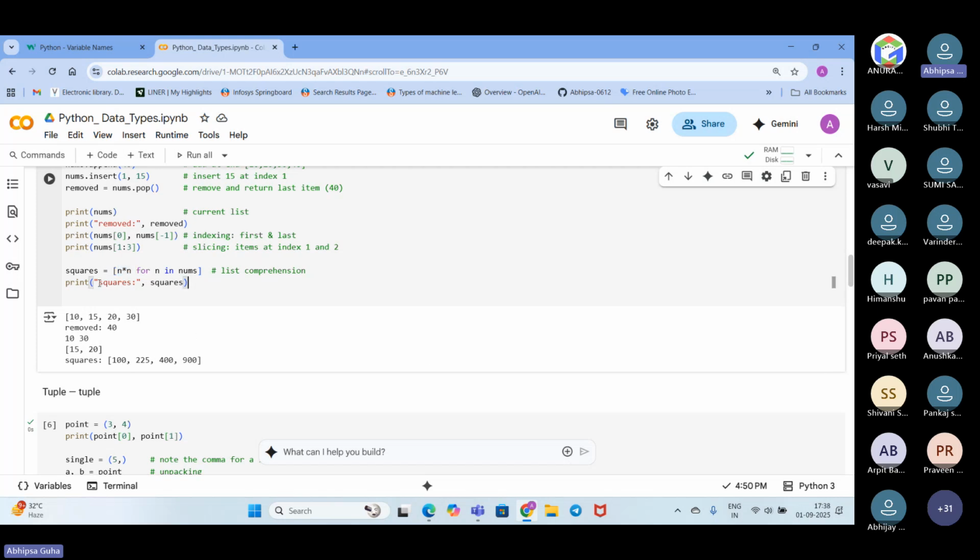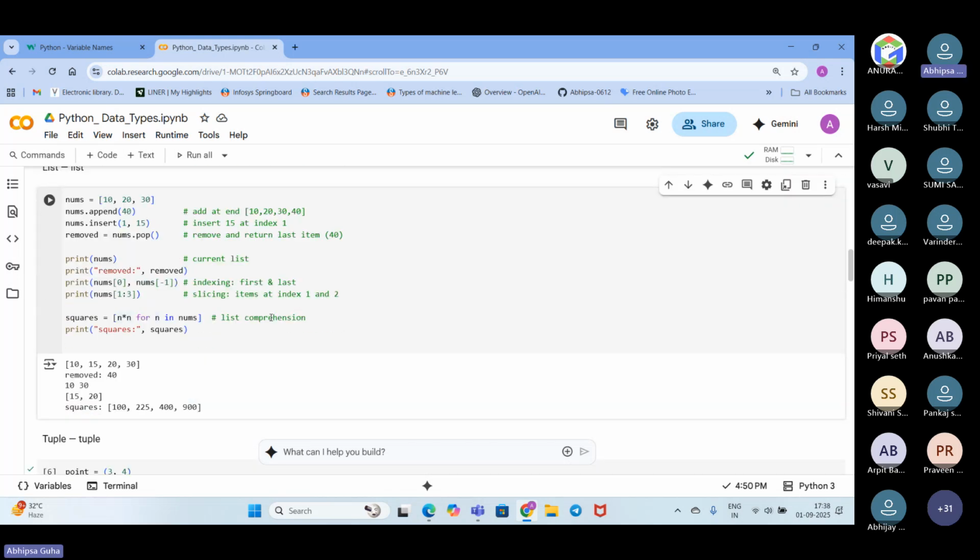So this is how it will be iterating over this list, and n is the iterating number. First it will go for 10 cross 10, it has printed 100. Next 15 cross 15, 225, it has printed. 20 cross 20, 400, it already printed. 30 cross 30, 900, it has already printed.